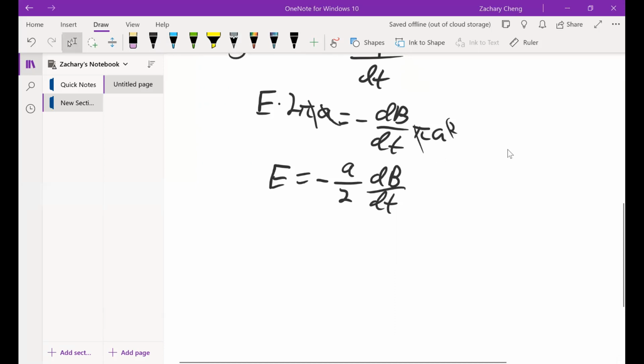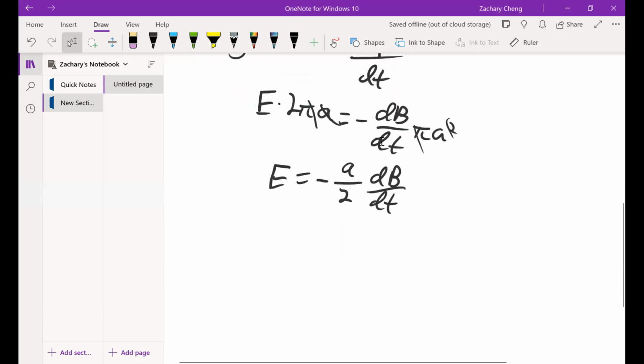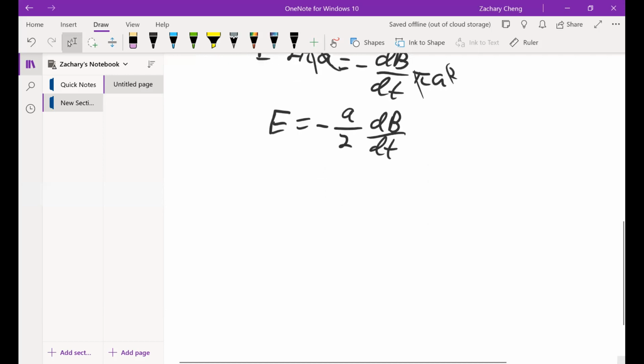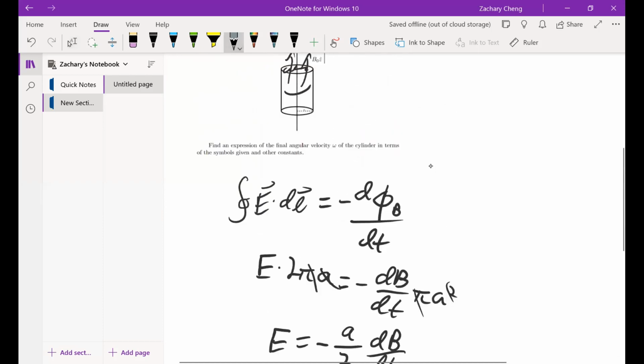Okay. So now there's an induced electric field. Since the surface of the shell is charged, there's going to be a force, and this force is going to give the cylinder a torque, which makes it spin. Basically the force we know is E times Q, which is the charge. And if we look at, say, this small section here,